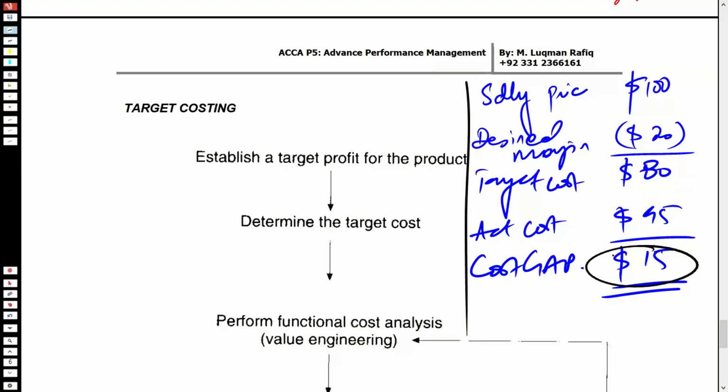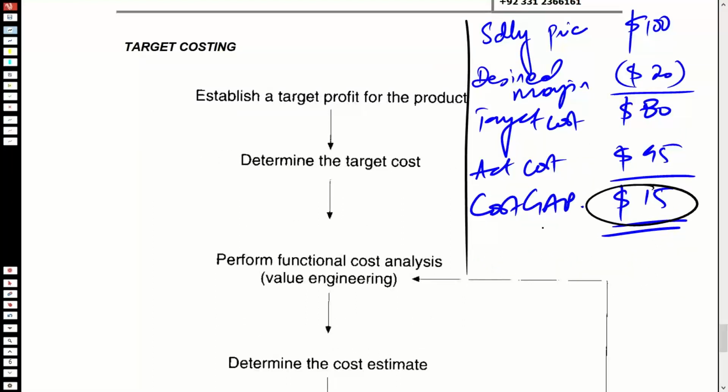Now, let me try and help you understand that if $15 is going to be considered as a cost gap, how exactly are we going to deal with it? Let's try to have an understanding about it. Now, when we talk about this $15 as the cost gap,